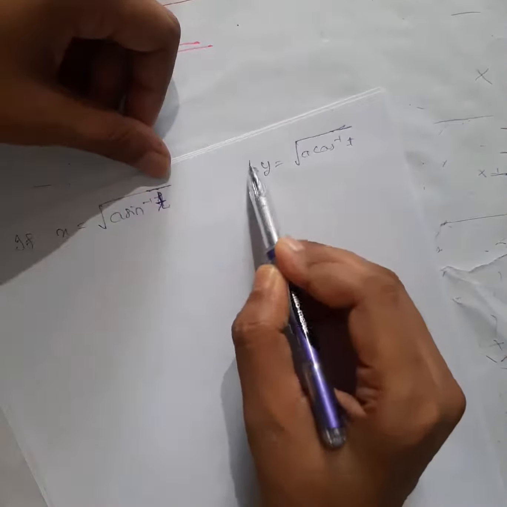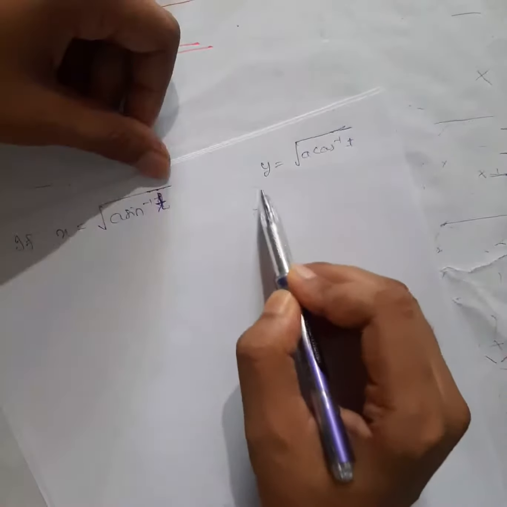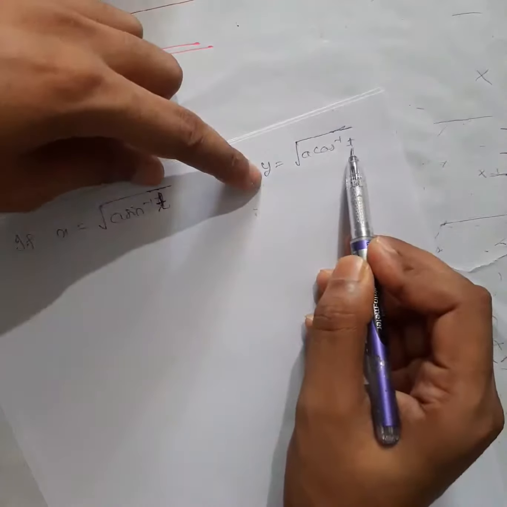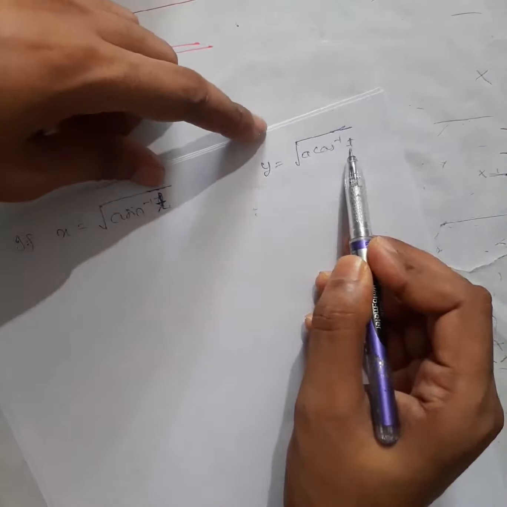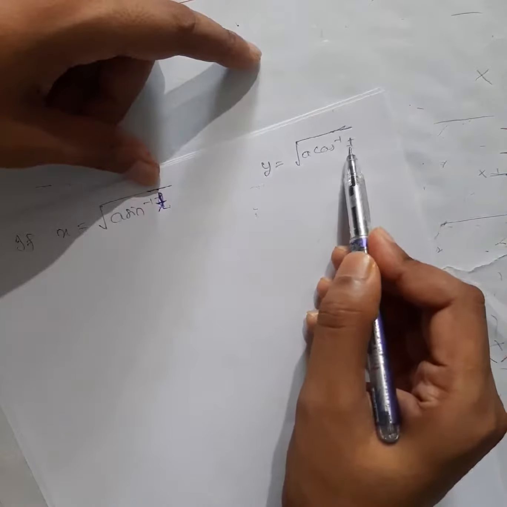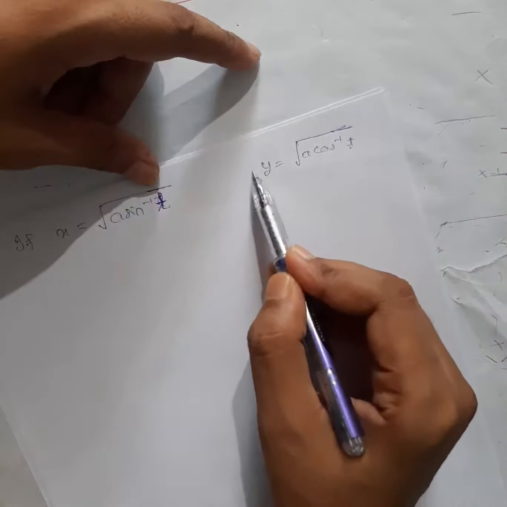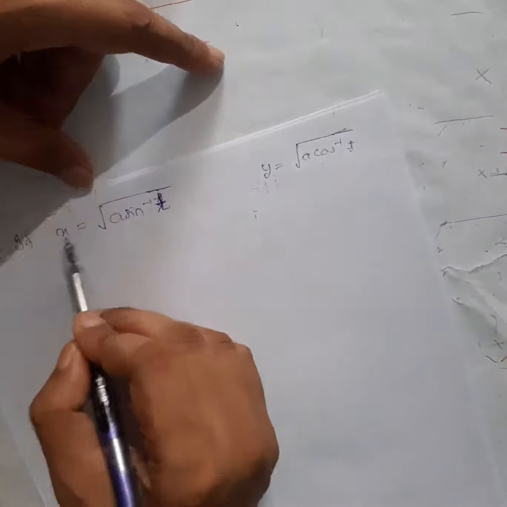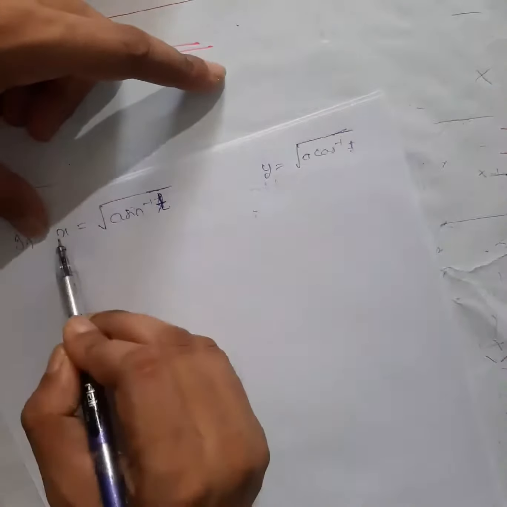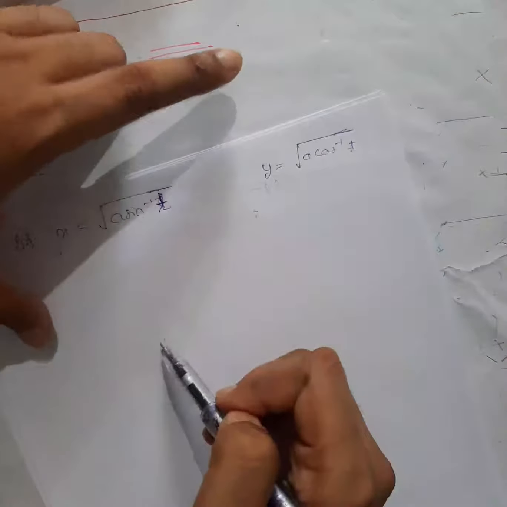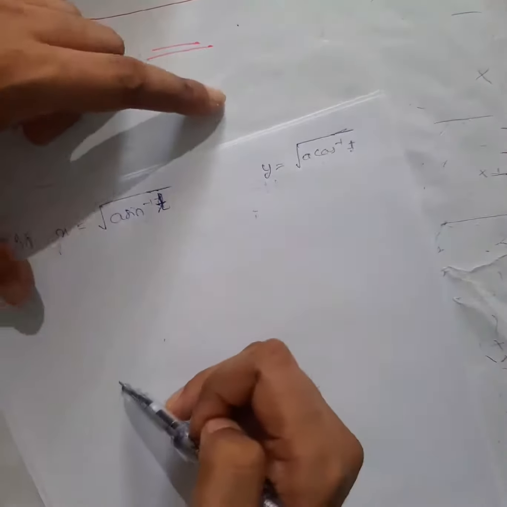To find out this dy by dx, we should differentiate this one with respect to x, right? Then you will get dy by dx, but the problem here is this is not with respect to x, this is with respect to t, right? So here the independent variable is t, so I can differentiate with respect to t, not x. So I can find dx by dt and dy by dt, and then I divide them and will get dy by dx.